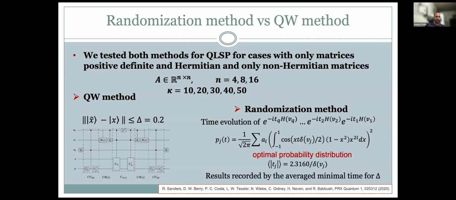You have to just analyze case by case, right? I see. And over here, you didn't consider any properties of the matrix other than positive semi-definite, positive definite, Hermitian and non-Hermitian, right? Because for us, we are considering Ising models plus some kind of perturbations. So there are some structures in the Hamiltonian that we could potentially exploit.